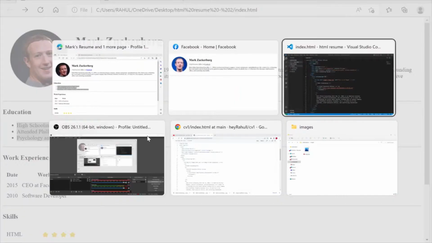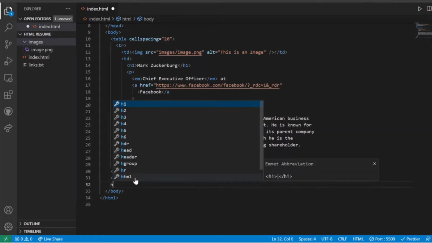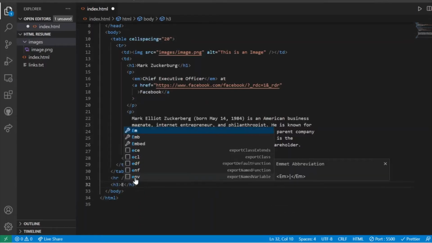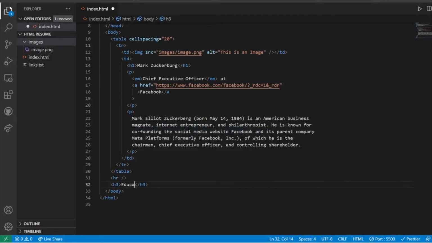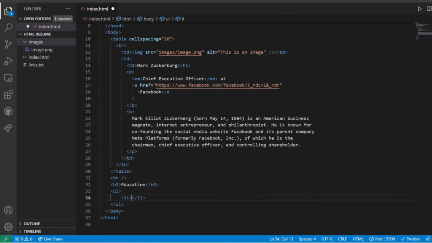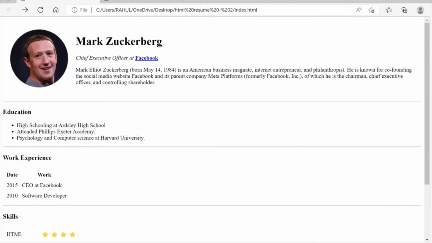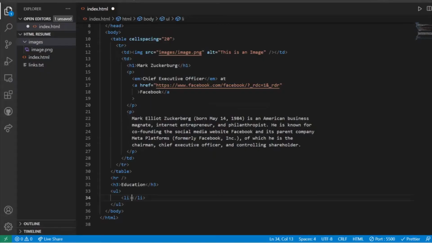So let's go back to the code section now. Below the horizontal rule, we need an H3 tag where we will put the heading education, and beneath that we need an unordered list where we will include 3 list items, which will have basically the information about the education. So high schooling at a particular school.